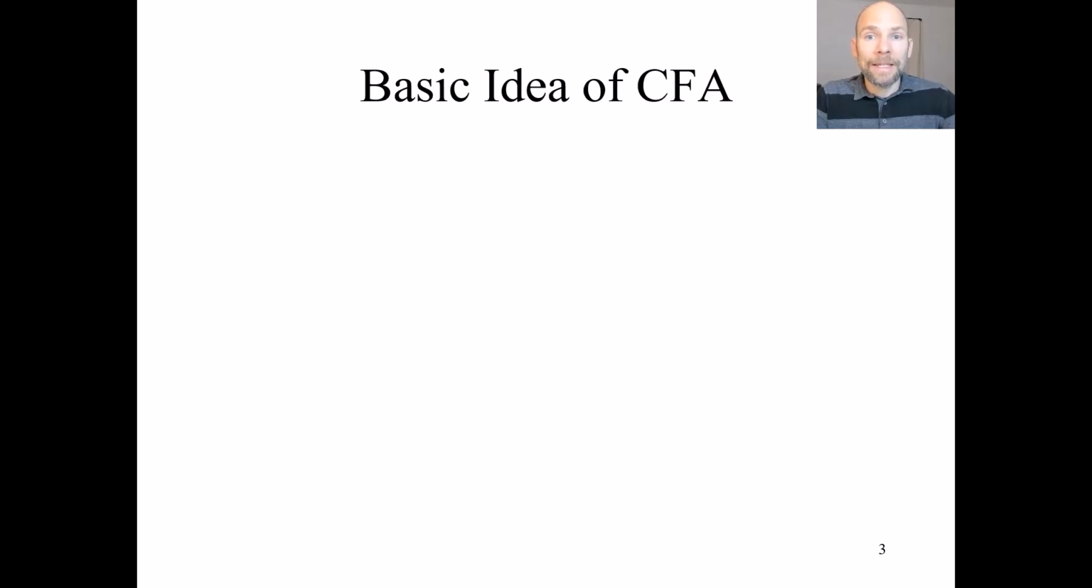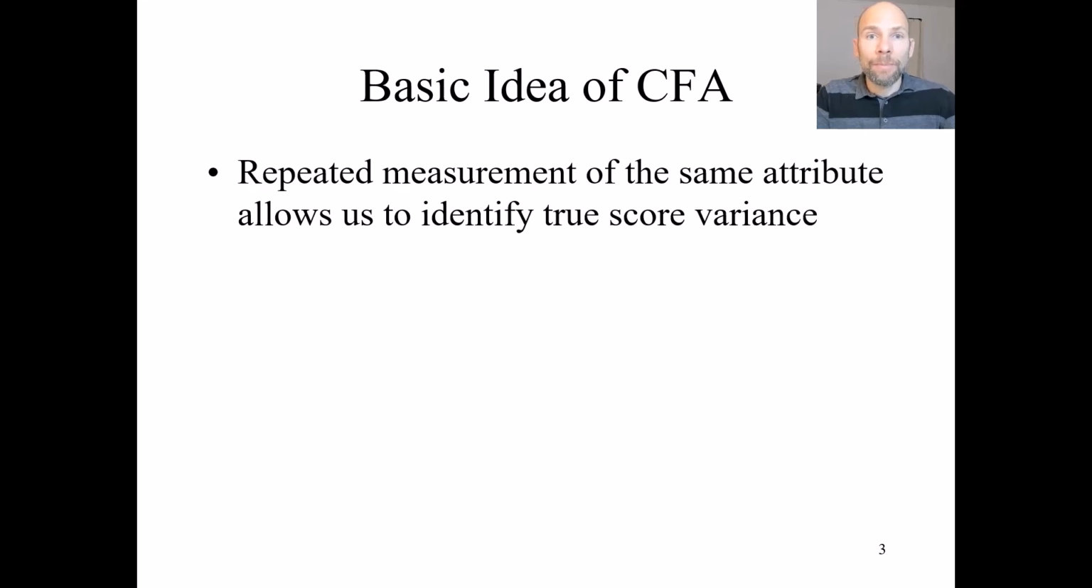What is the basic idea of confirmatory factor analysis? The basic idea is that we use repeated measurements of the same attribute so that we can identify the so-called true score variance, which is, as we will see, identified via the covariances of the different repeated measurements of our latent variables. So for example, we use multiple items, multiple indicators, multiple subscales to measure constructs such as physical health